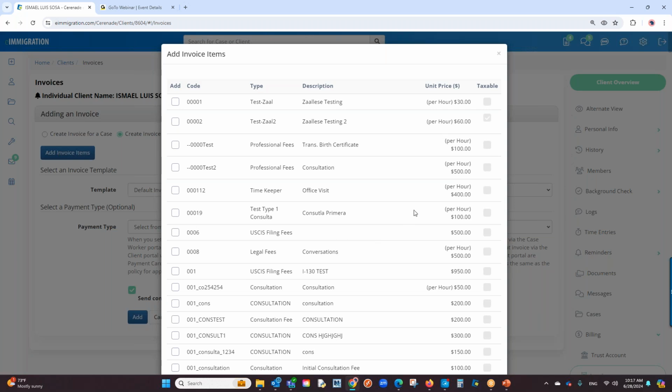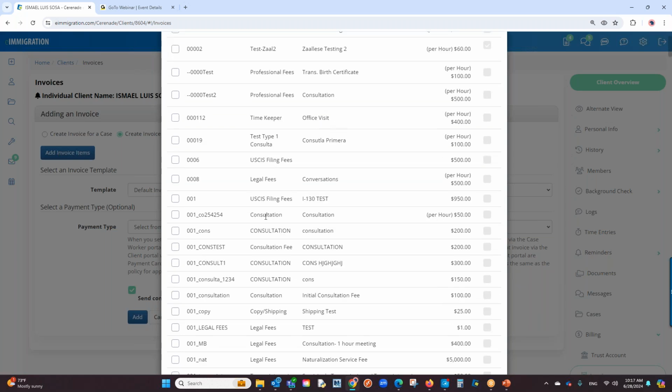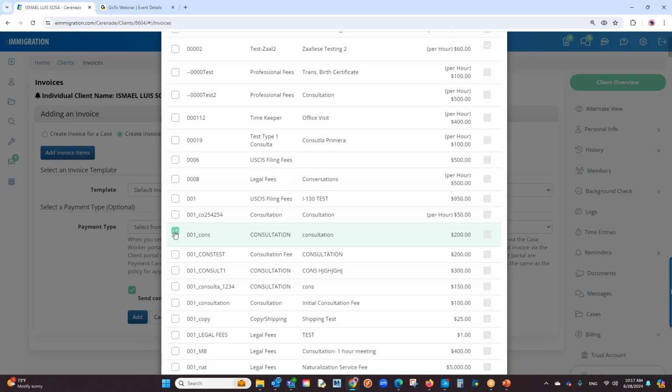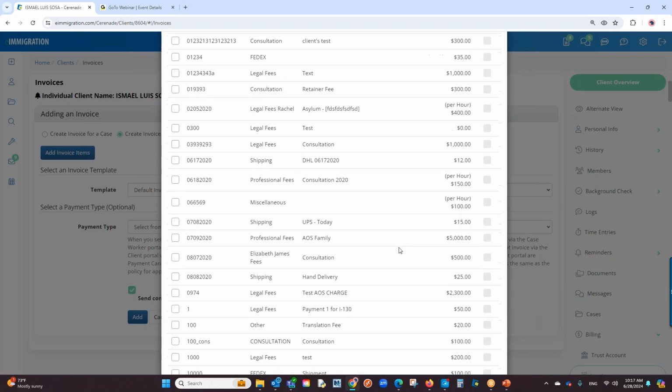So this just means maybe you have a consultation fee. Maybe there's an initial fee that you typically charge your client. Because of that, it's not going to list these items for a particular case. But from here, I can go one by one selecting what I want to charge my client. Maybe there's a consultation fee. Maybe there's different fees that I typically charge my client. But from there, as soon as I click on the checkbox, as soon as I scroll down,